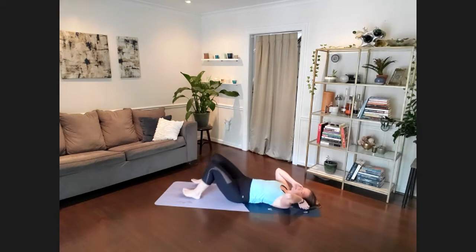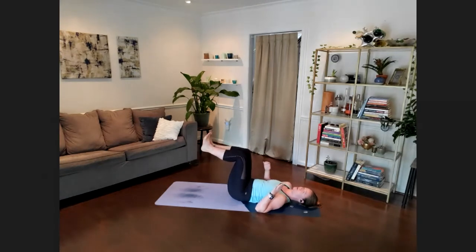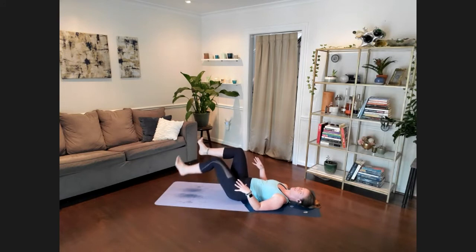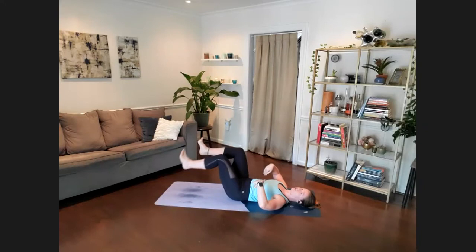Lower core warm up. Go ahead and bring those knees back up to that tabletop position here. We're going to start nice and simple, and we'll take it up a notch in just a moment. Alternating, bringing one heel down, keeping that knee at that 90 degrees, back up to center, and then that other heel down. This is kind of easy here, but I want you to think about activating through your core, keeping it nice and strong, pulling the belly button in towards the spine,